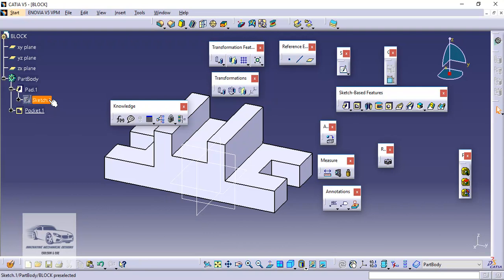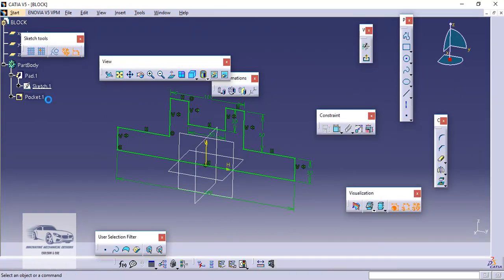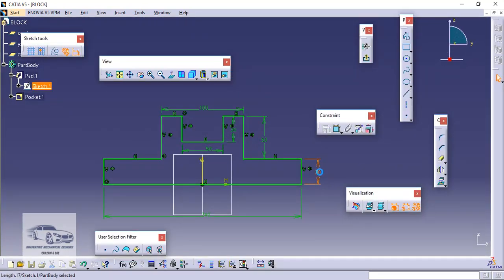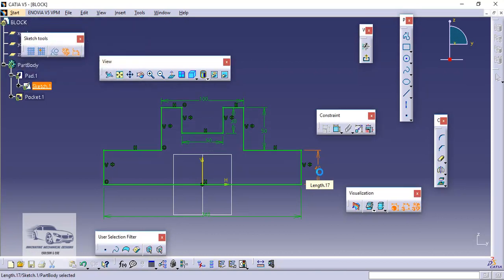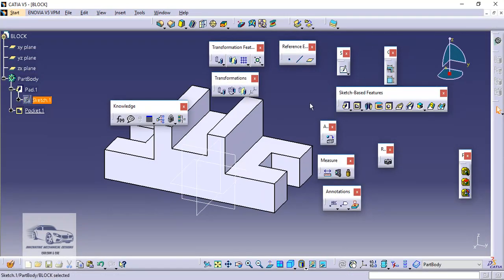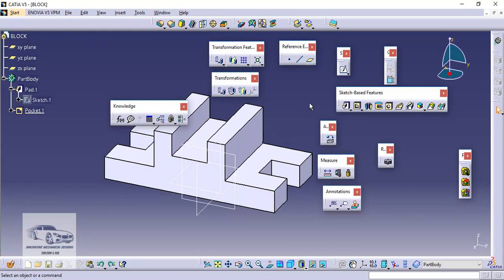For example, if I go to sketch 1, again I re-edit the height to 40 mm, exit. Now we can see the cut is still maintaining the last surface. So in this manner, the use of different options makes the approach different.